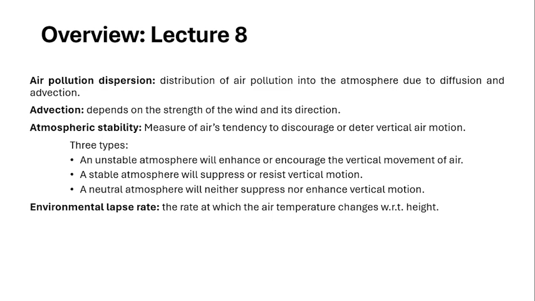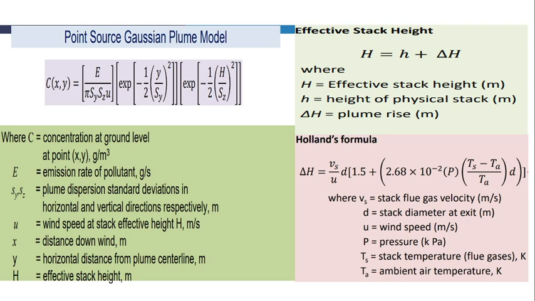In the case of air pollution, we will be having problems which can be solved using these formulas. You can note them down. The first one is the point source Gaussian flow model. This equation can be used to solve the problem, and in this one C is the concentration at ground level. If you are burning a coal substance and the coal contains some pollutants like sulfur, and you want to find the amount of sulfur dioxide concentration or nitrogen dioxide concentration at a particular level,